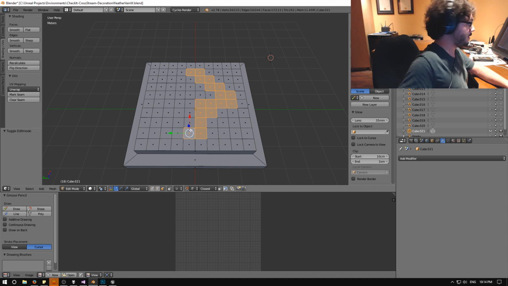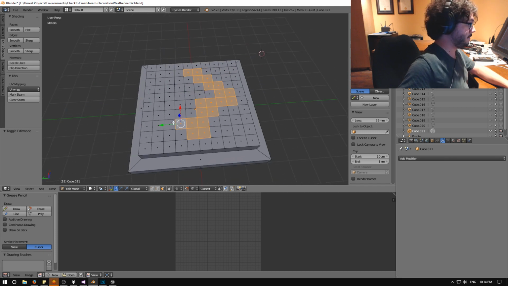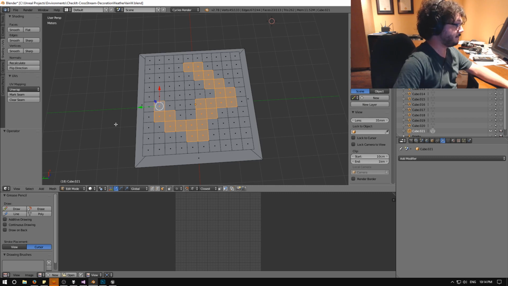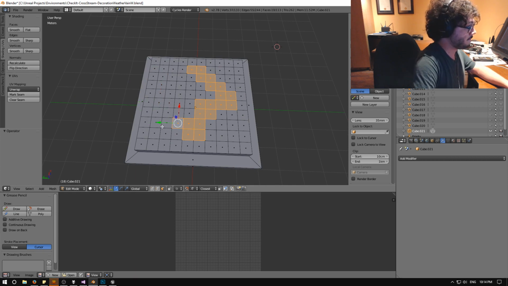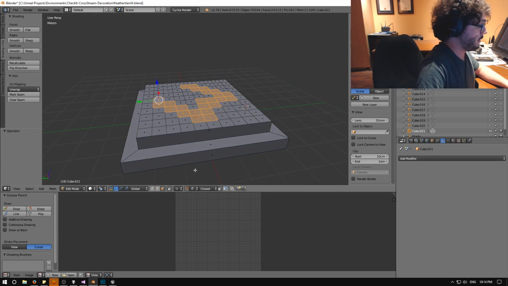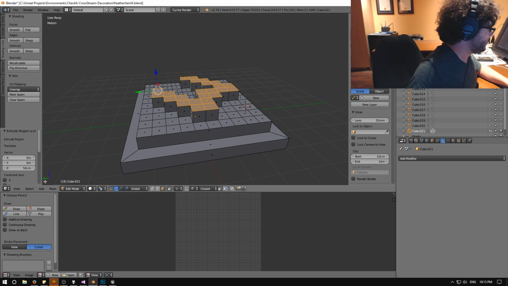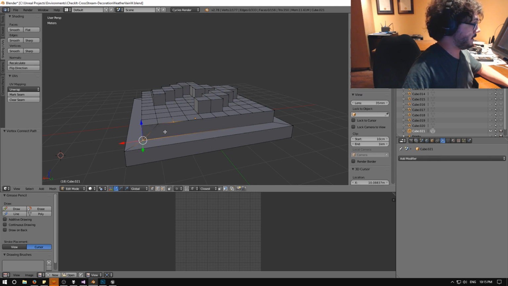Then this goes down to 4, then over 2. There. What? Nope. Misclicks. Gotta love them, huh? I know I did something wrong here. Yeah. Up. There we are. There we are. Now we disable snapping, move it up 50 centimeters. Then we